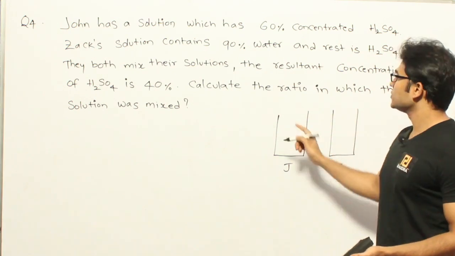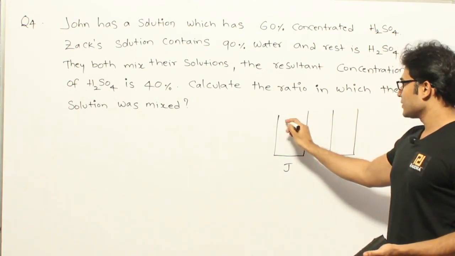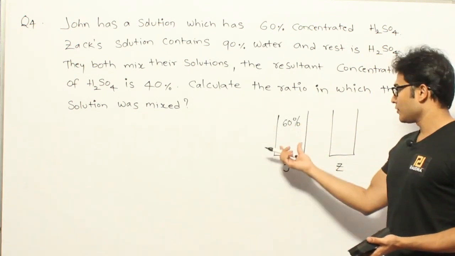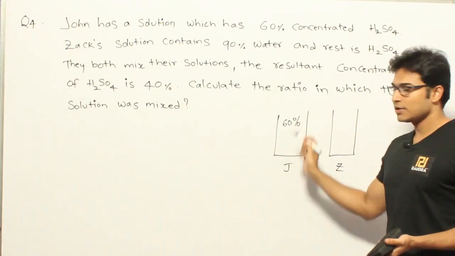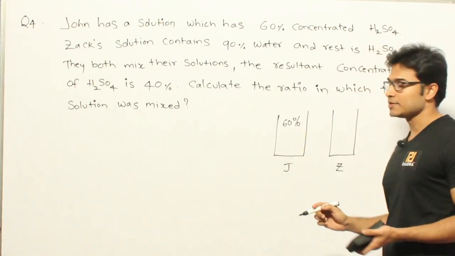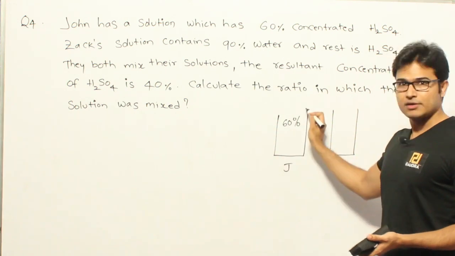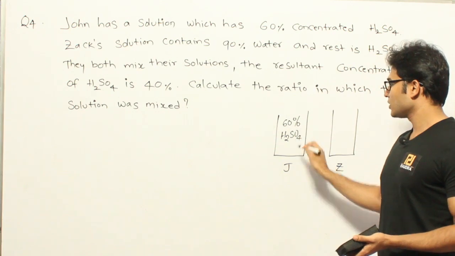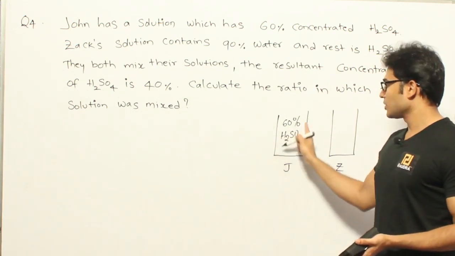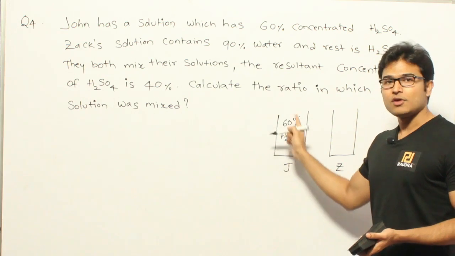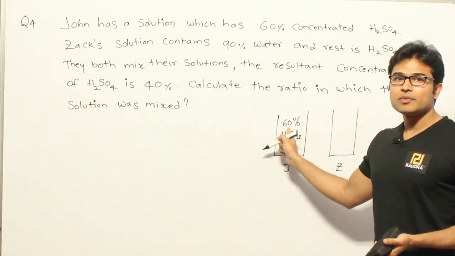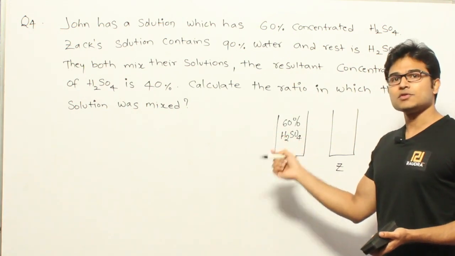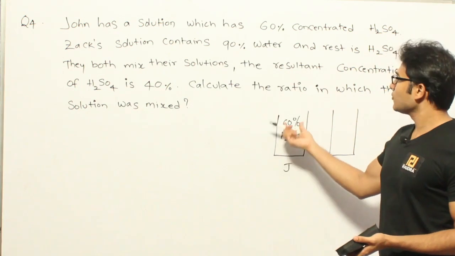Now in the John solution they are saying that it is containing 60% concentrated H2SO4. So generally whenever you talk about these liquids, they are going to say that concentration. So what concentration means is, out of the total liquid 60% is H2SO4. Right? So if you assume that the total liquid is 100 liters, out of that 100, 60% is going to be 60 liters of H2SO4, and then the remaining is going to be some other liquid. So in general, what is the other liquid here?